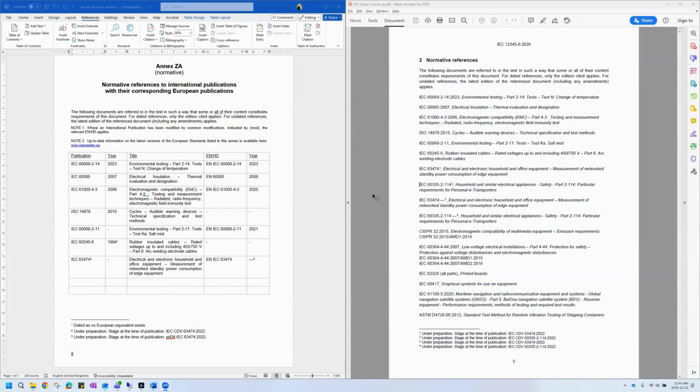This is use case 6b. The normative reference in clause 2 is not yet published, it is not dated, and there is no EN equivalent. We will take this IC reference as an example. As you can see, it is not dated, and it has a footnote stating that it is under preparation, so